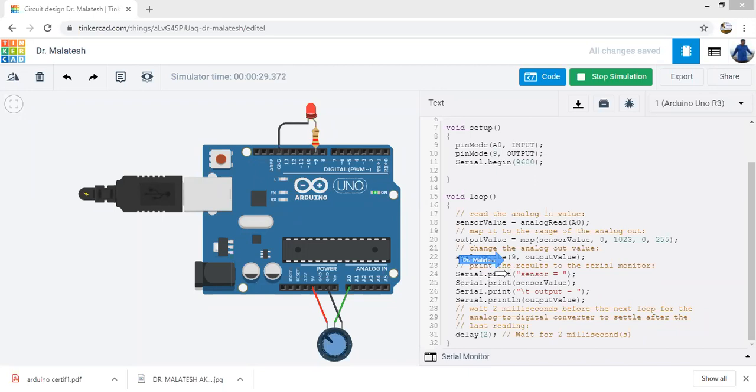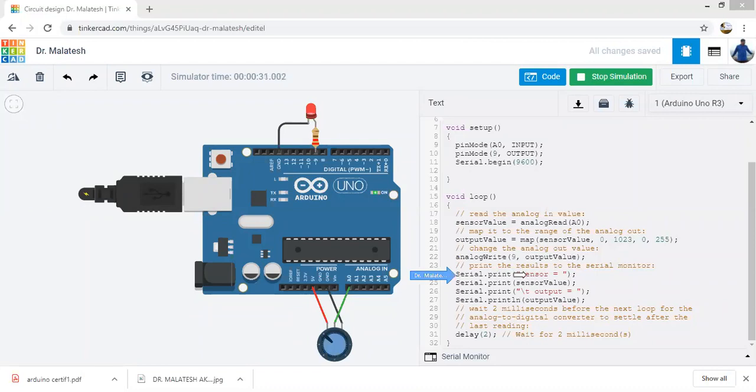Now this is the serial monitor. Actually, this is not required, but we can see how much voltage is there at different points of time. Any doubts in the program? I'll explain the lower part. In the serial print, it will print this value.